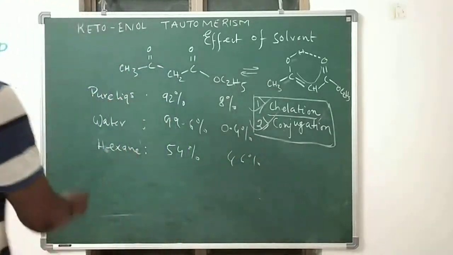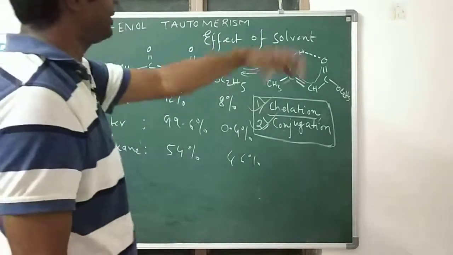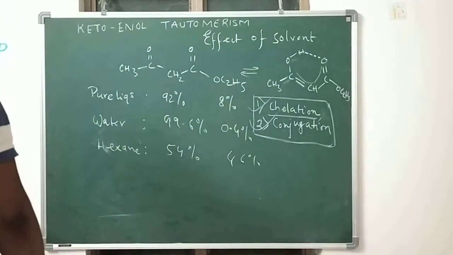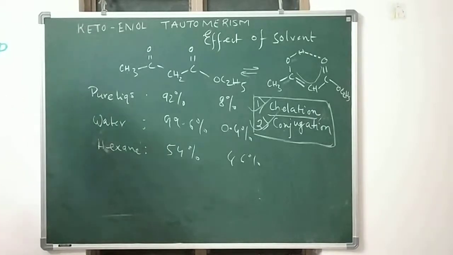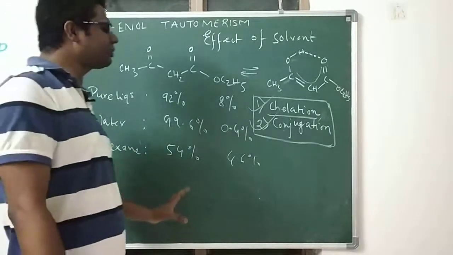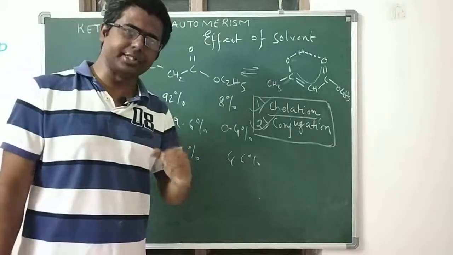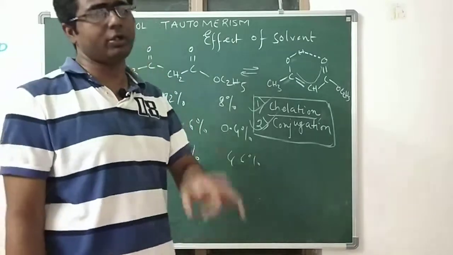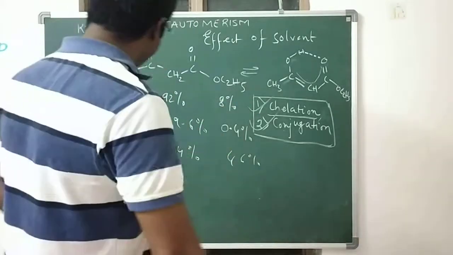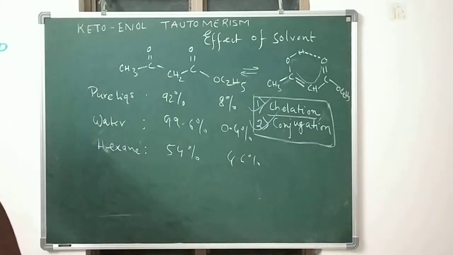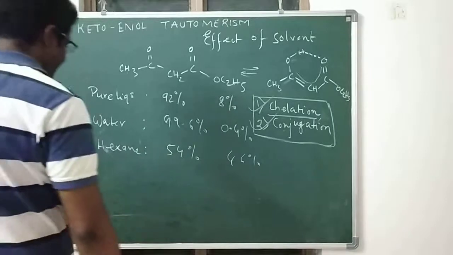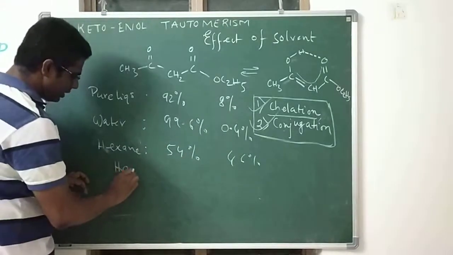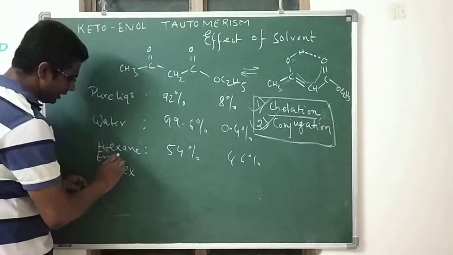So see, in case of hexane the enol content is much more, so enol content has an order basically, okay. So see, if it is a non-polar solvent the enol content will increase, if it is a polar solvent the enol content will come down, okay. So there is an order for this, I'll give you the order first, you have to note down karna hai, okay. The order is enol content order, you write enol content order,